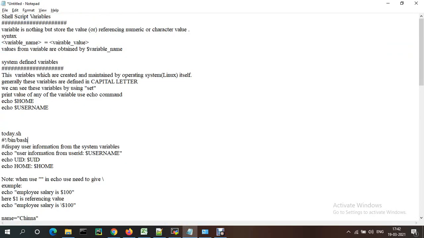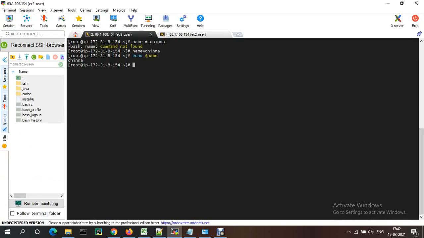Suppose you want to display the system variable information. Let me write a small shell script. Bin bash, this is the shebang, we are telling it how to interpret the script.